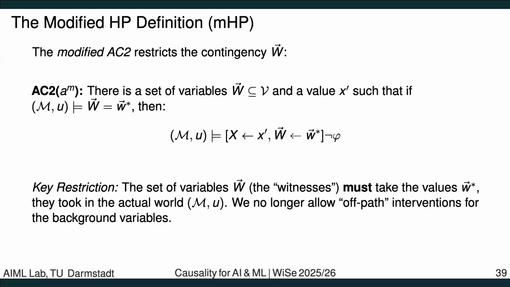So the thing here is, before we reasoned about things that happen on the causal path, but now we actually do it the other way around. So we consider the sets that do not lie along this path, and we require that they must take the values we observe. So basically what this means in the rock throwing example, and we will see that in a moment, is that in the actual world, we observe that Bob just didn't shatter the bottle.